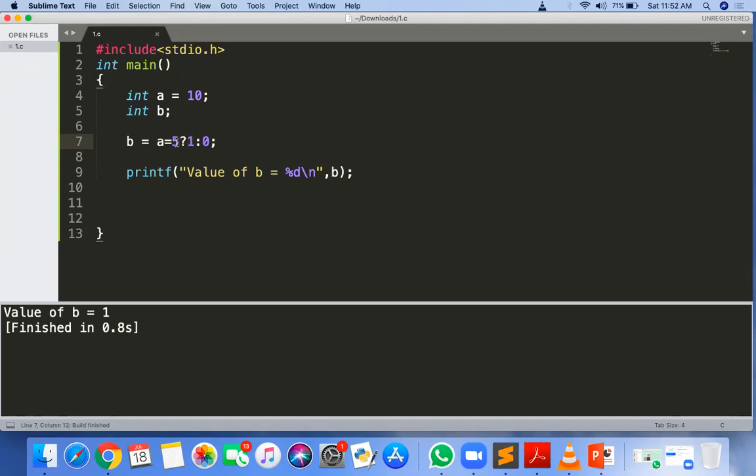So you can put any expression or a condition here. Sir, it is similar, like if a is equal to 5, then it will print 0. In this case, what happened? A equal to 5, the condition, just tell me, is it true or false? False. So it means 0. So it will print the value of b as 0. Okay. I don't understand what you explained previously, when b is equal to a is equal to 5. Okay, so you can understand by using these manuals.